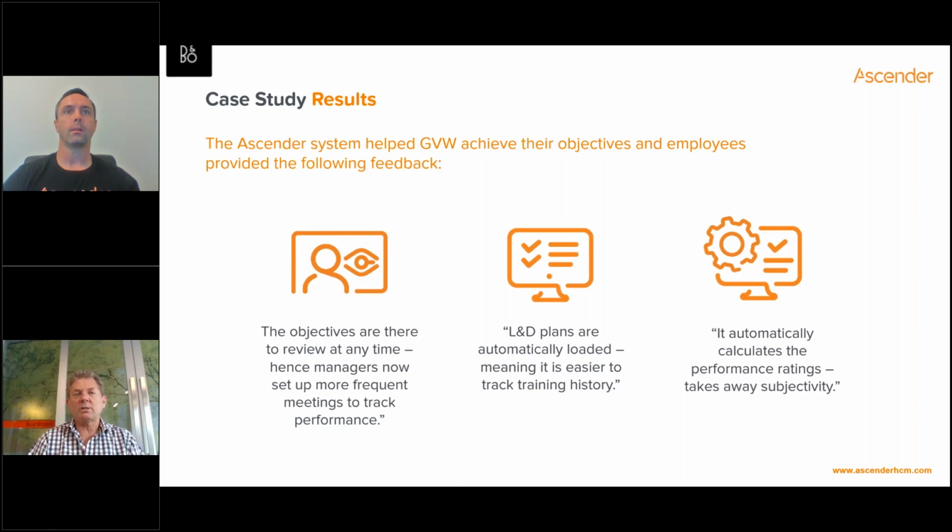The L&D plans. So a plan doesn't mean a 3-page long written document. It simply means that we know what someone's going to do from a development perspective and how it ties back to their role. And if it's online learning, it's very easy to see what I need to do, and then I can do it at a time that suits me. If some items are time critical, then of course the individual, the manager, the training coordinator can see which elements are time critical and make sure they're completed in time so that neither the individual or the organisation is at